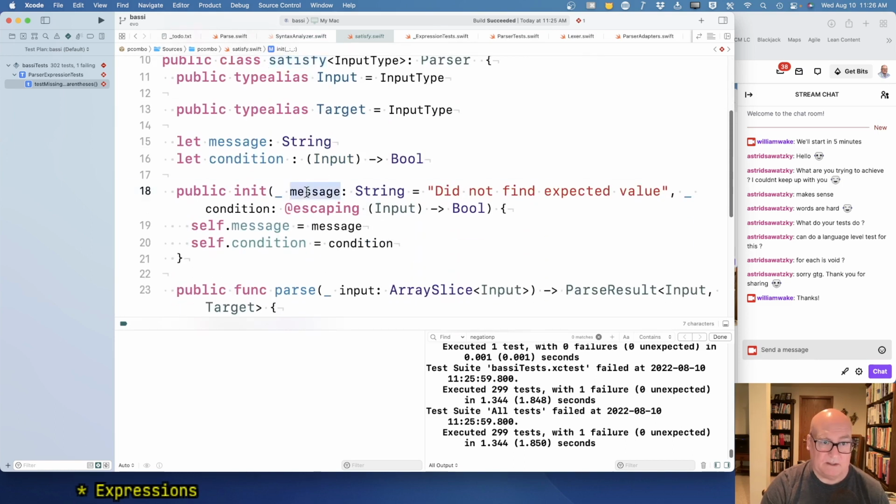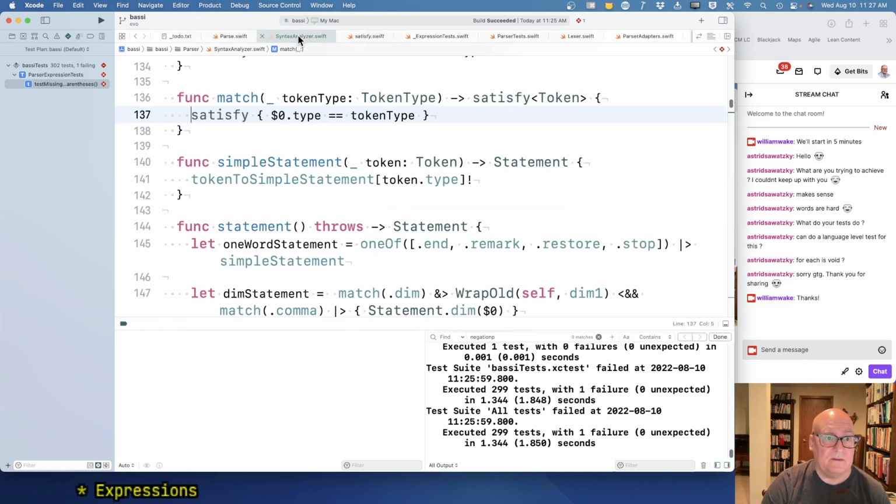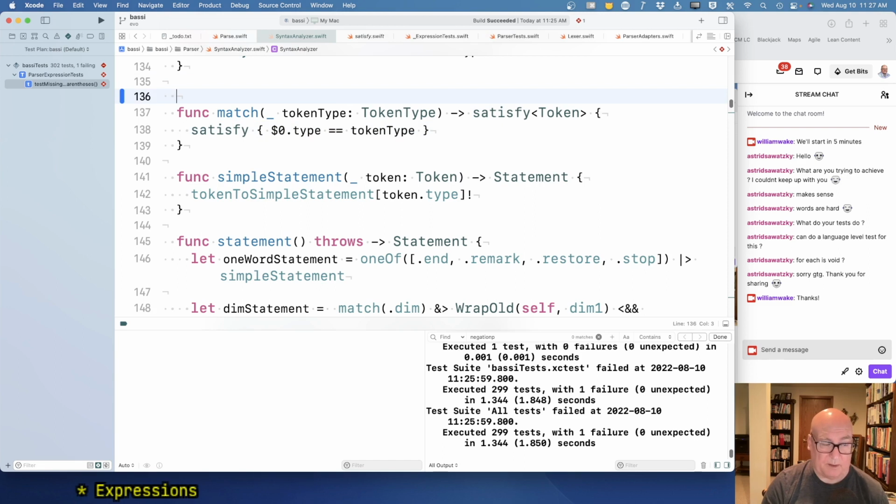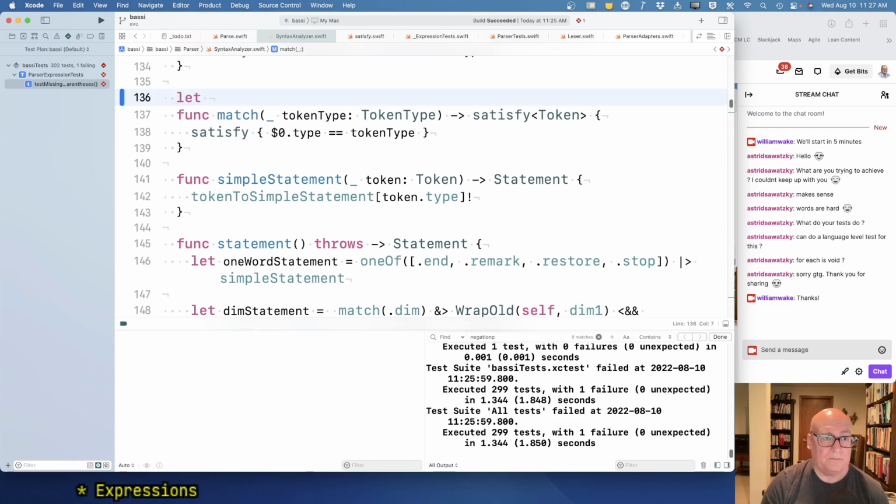It takes a message as an optional, and that's where this did not find expected value comes from. But I would really like to say missing and then the token thing. So what I want to do, I'm going to define a map. Token names